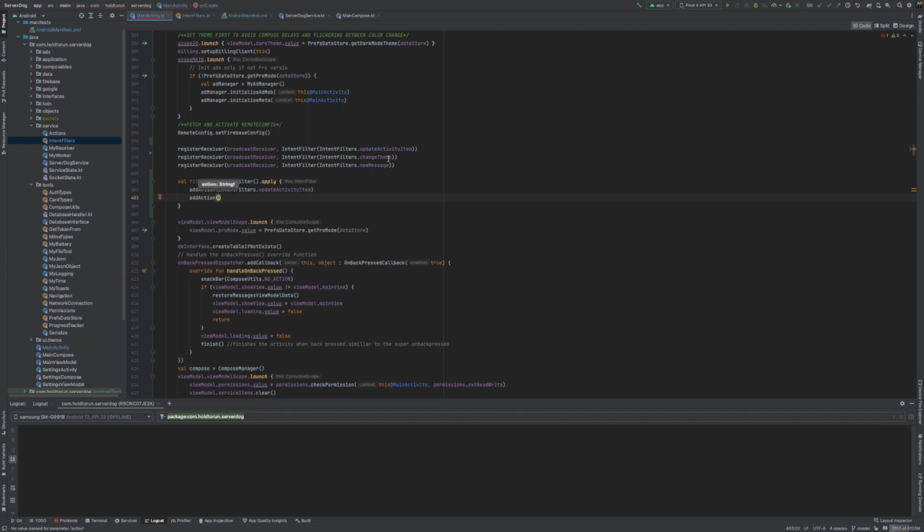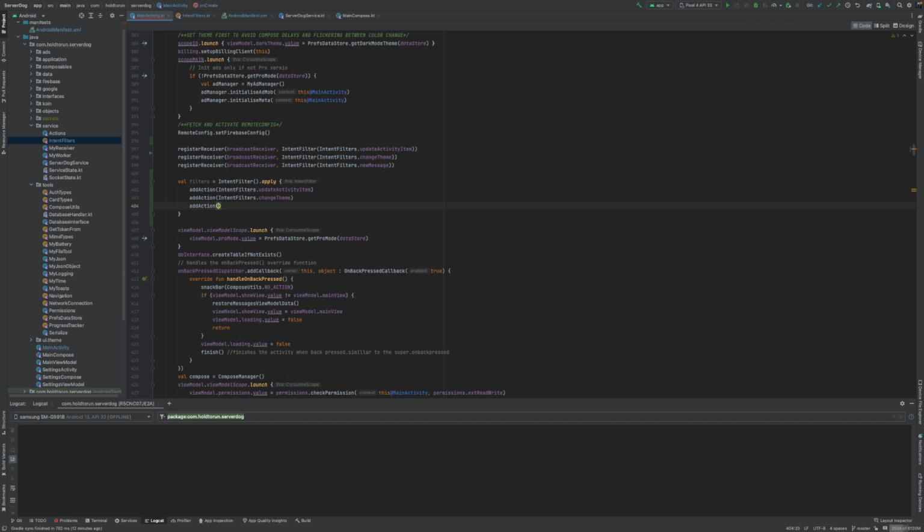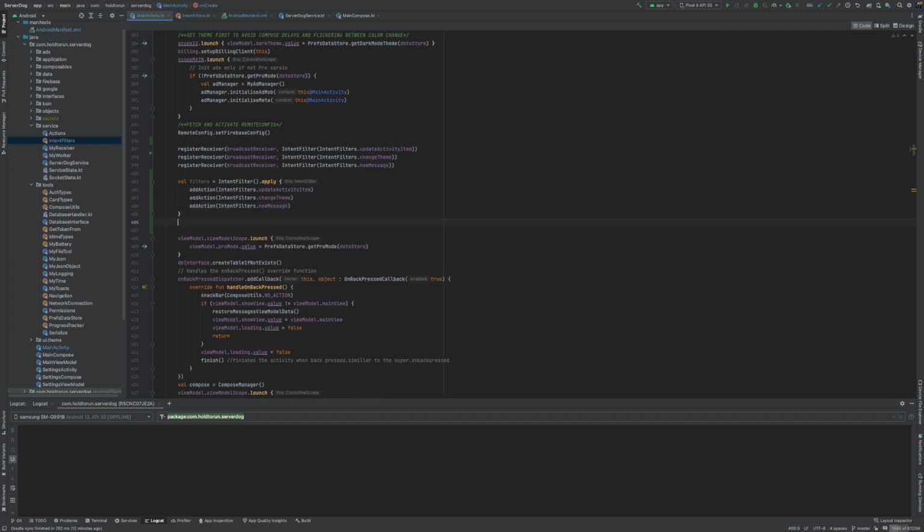Let's add our filter 2, and let's add 3. So okay, now I need to only register my broadcast receiver once, but